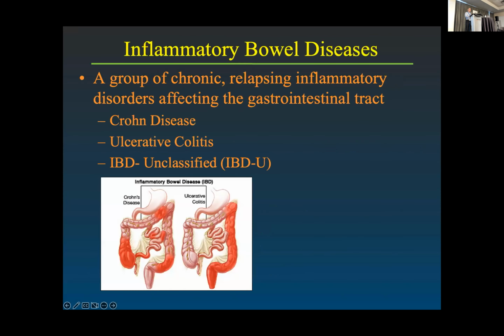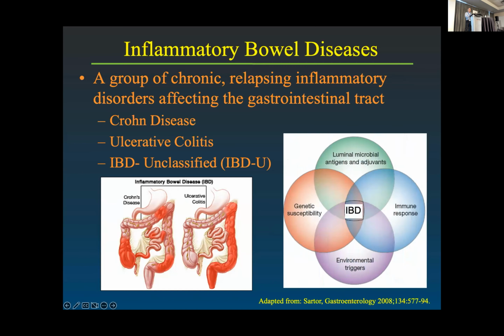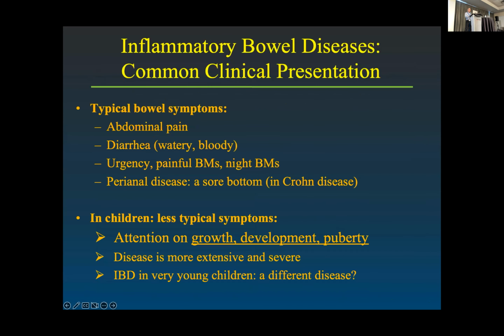So inflammatory bowel diseases are a group of conditions that include the two main prototypes, Crohn's disease and ulcerative colitis. They involve chronic inflammation in the bowel, and the causes for IBD are really not clear, but it is a multifactorial complex condition, which I'll talk about in a bit more detail. The symptoms that patients might experience are shown over here. Generally, we divide them into intestinal symptoms, such as pain and diarrhea, and these can be quite profound and have a huge impact on the quality of life.